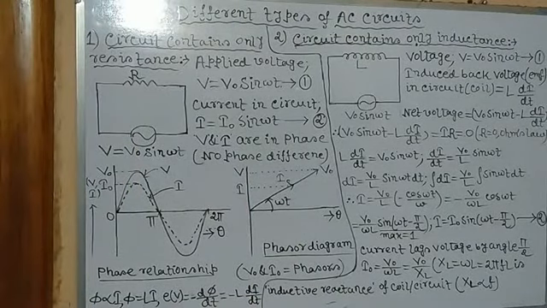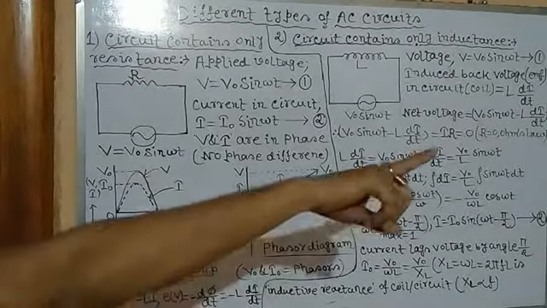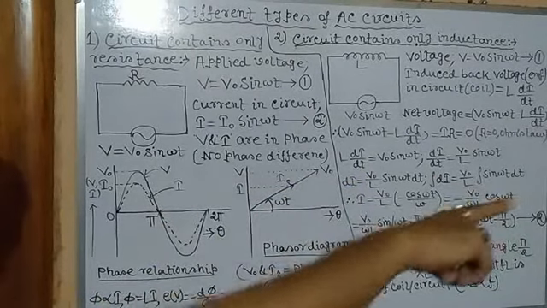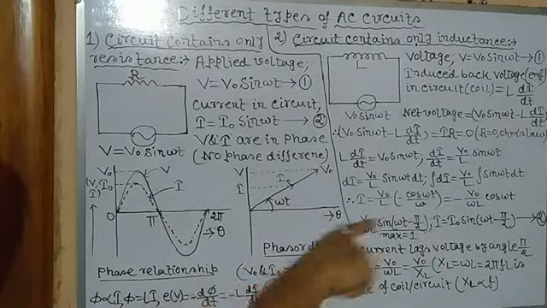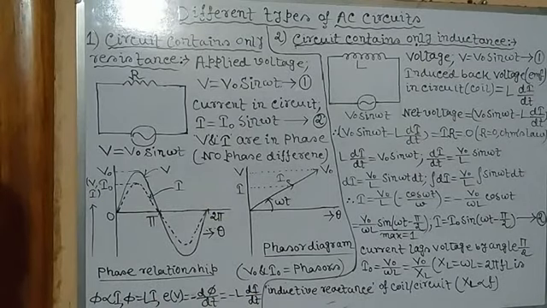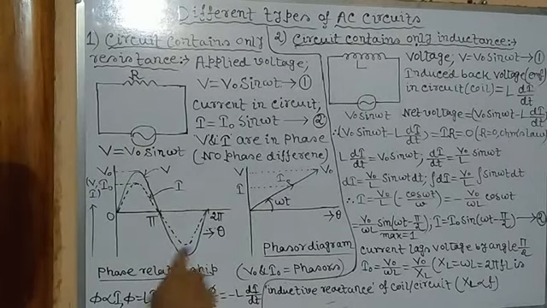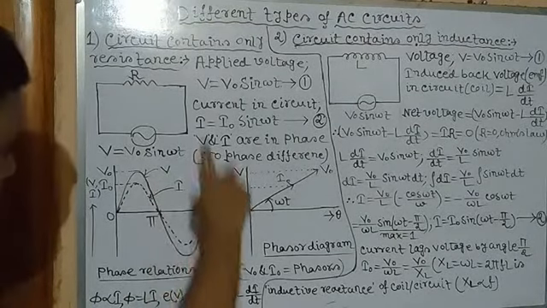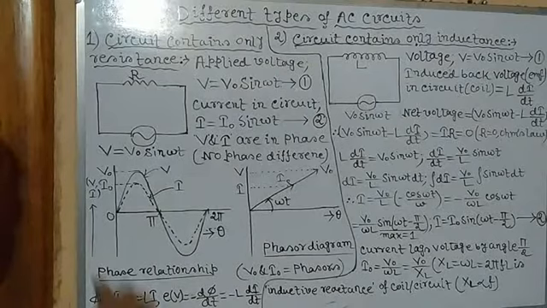Now we will try to find out their graphical representation. We have plotted a graph with the angle along the x-axis, the angular displacement, that is the rotation. So this is theta. What is theta? Omega t. Since omega is equal to theta by t, theta is equal to omega t, so we can write omega t instead of theta also. And along the y-axis we have plotted both voltage and current. This is the graphical representation of the AC voltage or current.